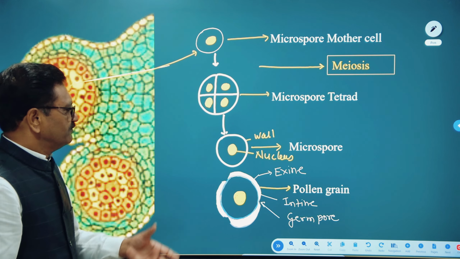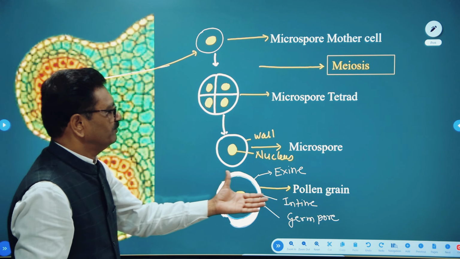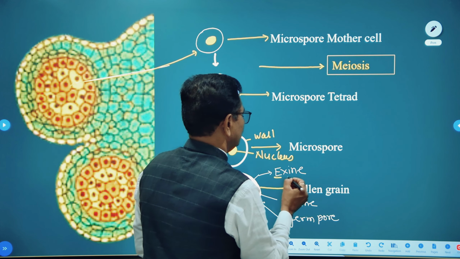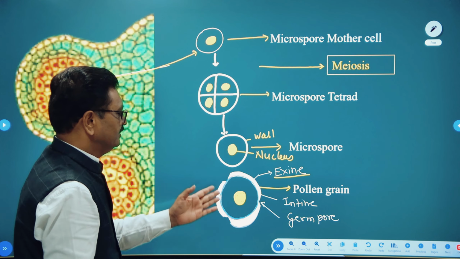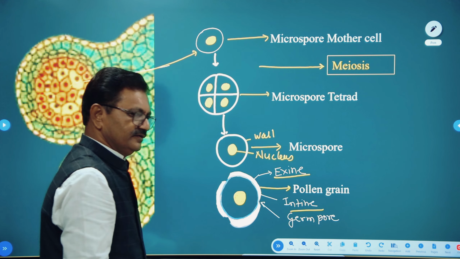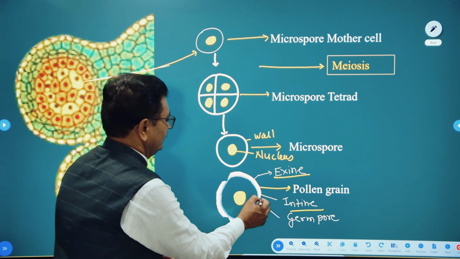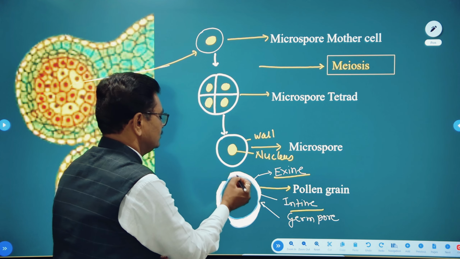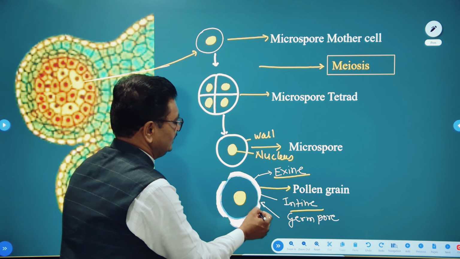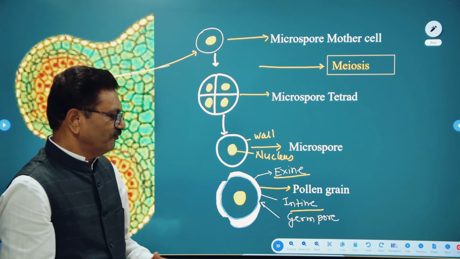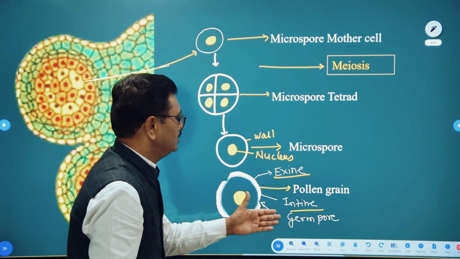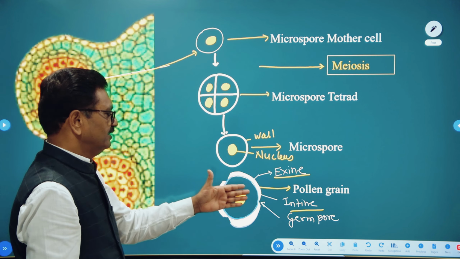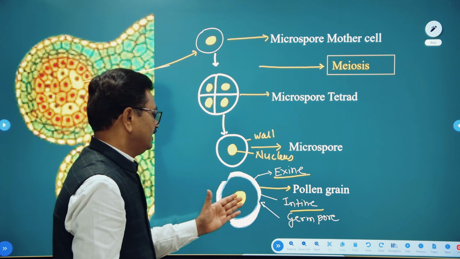Correct? So once this microspore becomes mature, it forms a pollen grain, and the pollen grain has a wall. The outermost wall of the pollen grain is called exine. The inner wall is called intine. Somewhere on the pollen wall you can see a very thin structure. Only the inner wall is there, and the outer wall is not that much developed there. So those areas are the most essential areas from where the pollen will come out. That is called the germ pore. So the pollen grain has an outer wall exine, an inner wall intine, and the germ pores, and inside that you can see